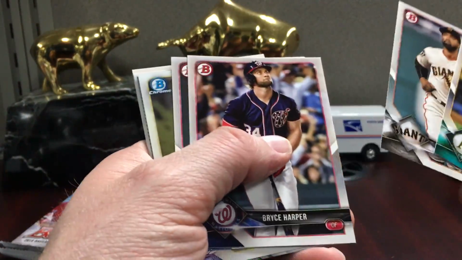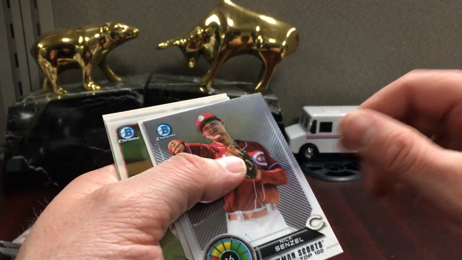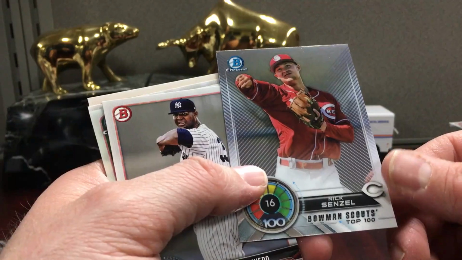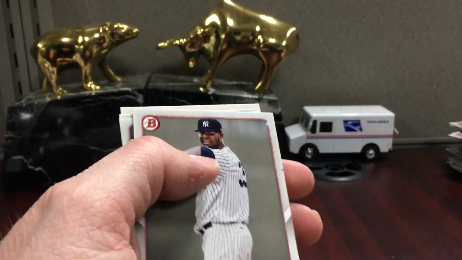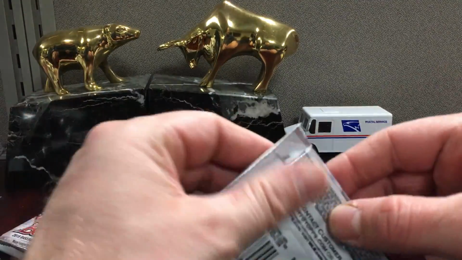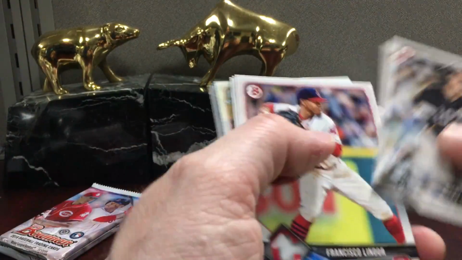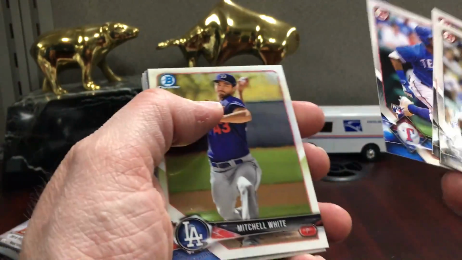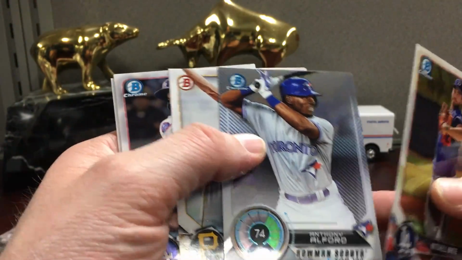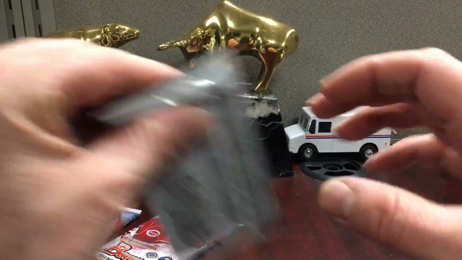Anytime you see prospects that are that far ahead, it just gives you an indication they're probably going to be pretty good players. It just seems like when players can make it up to the show early, they turn into superstars a lot more often. Doesn't hold true in all cases, but I think a lot of the time it does. Here's an Anthony Alford. Not sure what the plan is with him. He's getting a little long in the tooth. He's like 24, but